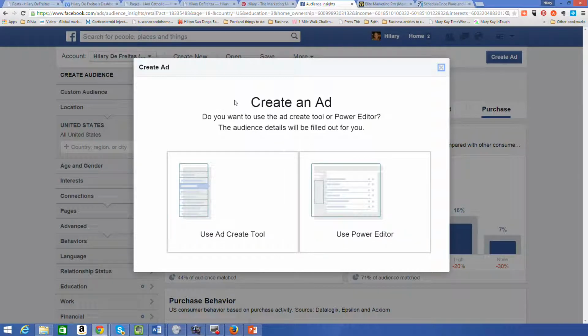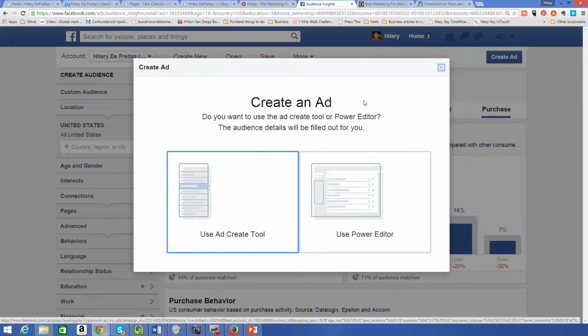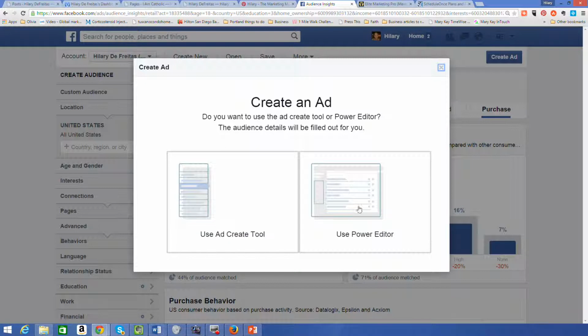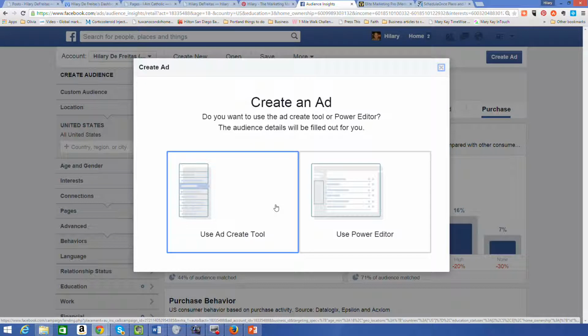Now they're going to show you whether you want to use the create ad tool, which is actually in Facebook, or if you want to use Power Editor. For now we're going to do it in the ad tool. Later on we'll be doing some training on how to create the ad in Power Editor. So you go ahead and click the create an ad tool,